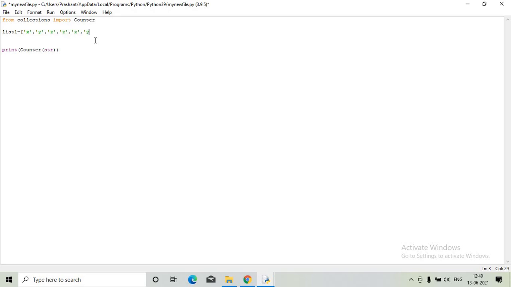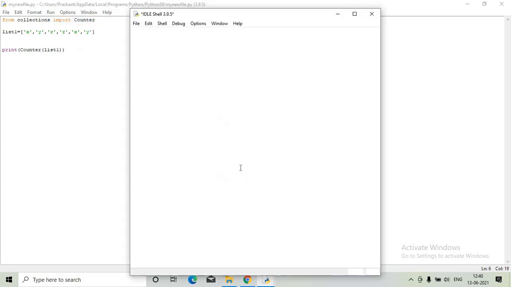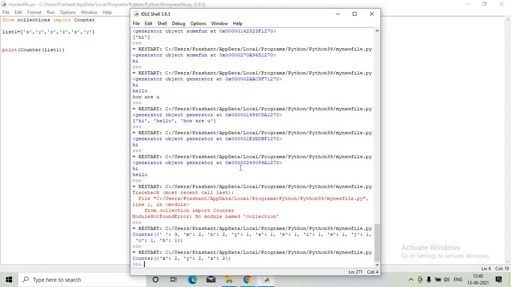How many x's are present, how many y's are present? I want to know that, so I can use the counters here. So here it is list 1. Just run this out. So we can have the count of x, y and z.